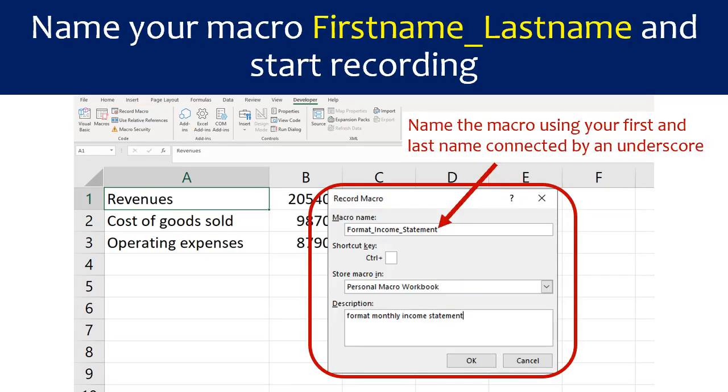In the dialog box that appears, name your macro using your first and last name connected by an underscore. Here I named mine format_income statement, but name yours using your first and last name. Don't use spaces, but instead use underscores. Use the drop-down box under Store Macro In to choose Personal Macro Workbook. You can add a description if you wish, then click OK. Now the macro is going to record everything you do in Excel until you stop the macro